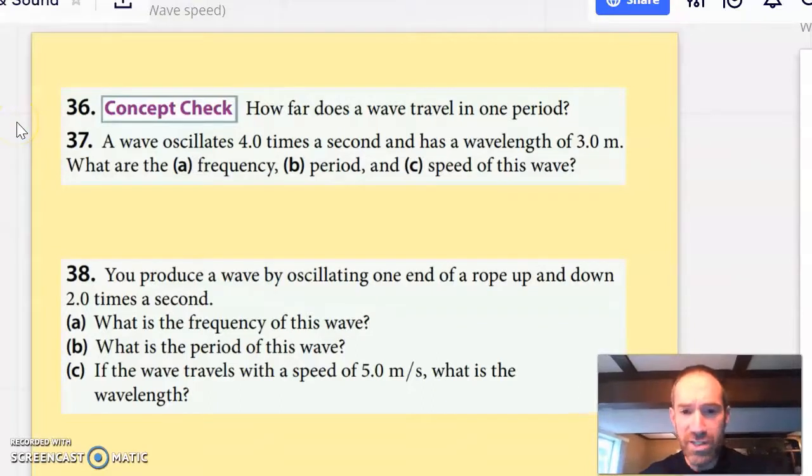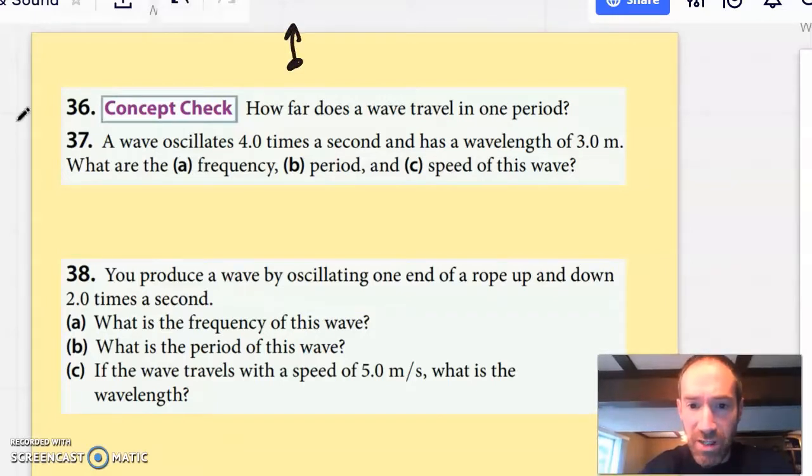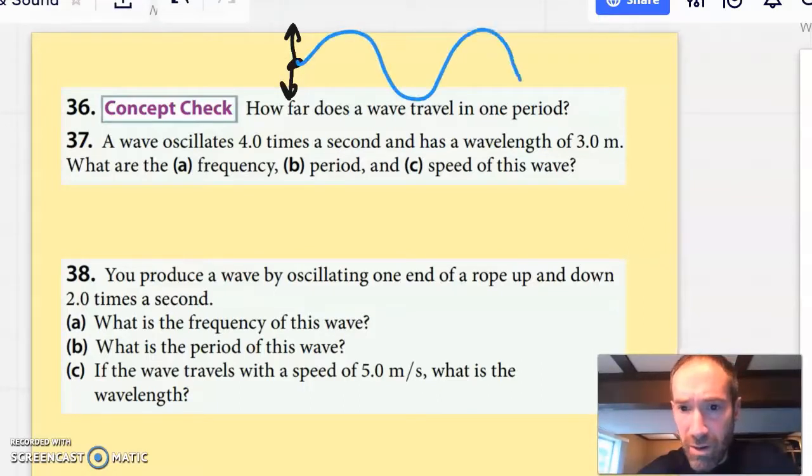Okay, on number 36, they ask how far does a wave travel in one period? Well, as I said in class, one period and one wavelength are really closely related. Those are the two things that happen in one vibration of the source. So as the source, say we were looking at a simple harmonic oscillator vibrating up and down like this, the wave is traveling out from that source and it's doing this kind of thing